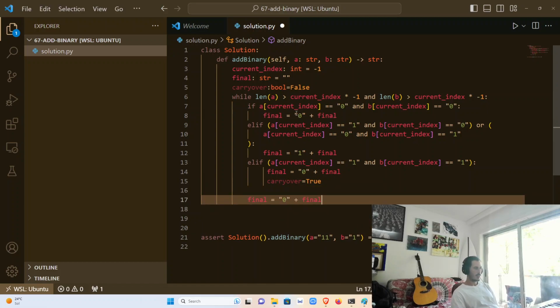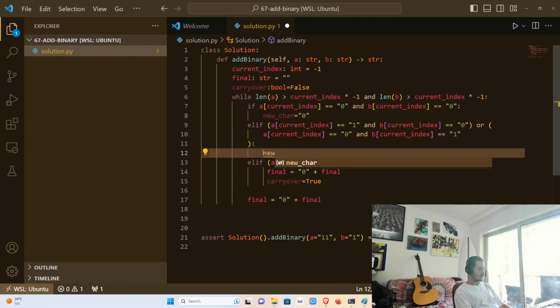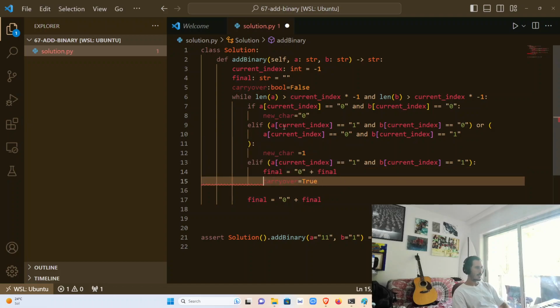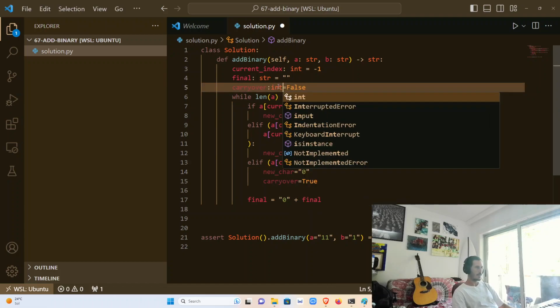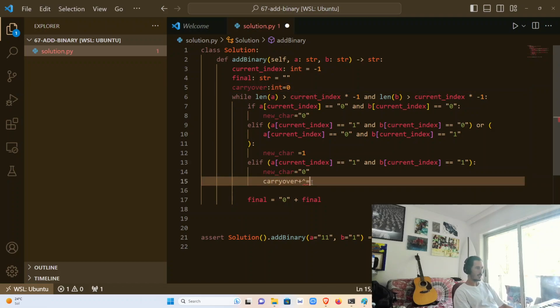So regardless of any options, I'm just going to say new char is equal to 0. New char is equal to 1. Indentation error. New char is equal to 0. Carryover will not be a boolean, it will be an integer, and it will start with 0. Carryover will just increase. So final is